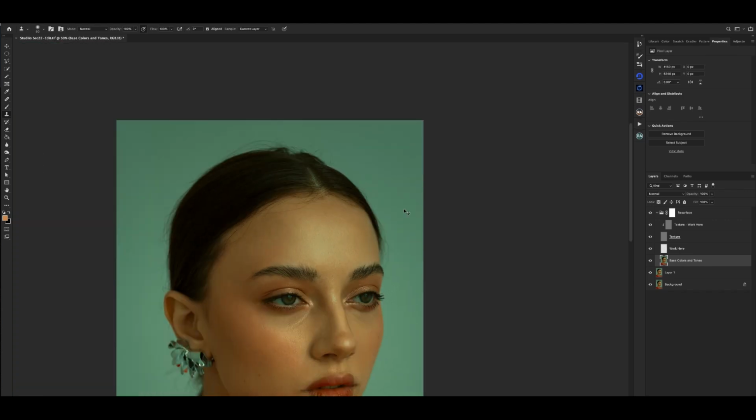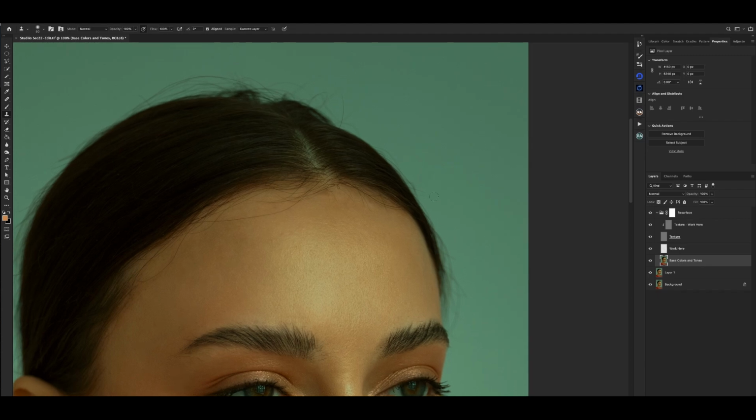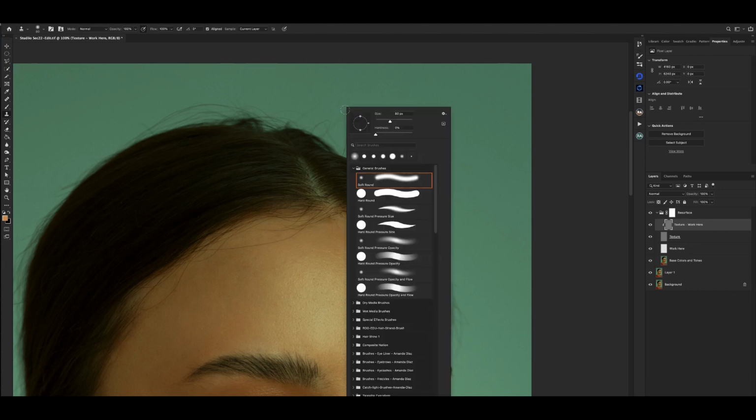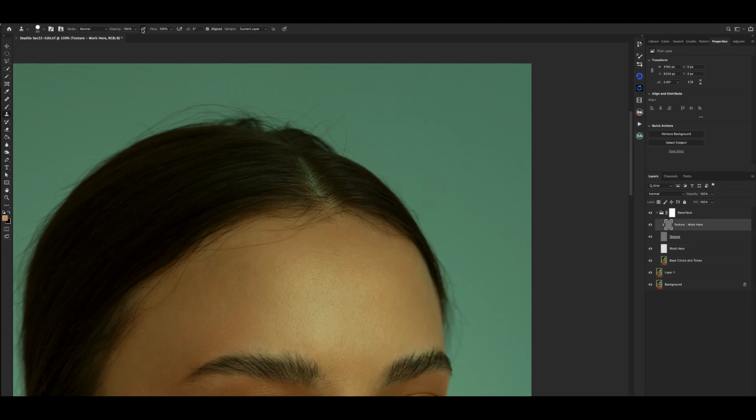So I want to avoid that and just keep this. So I'll use the clone stamp tool to just sample areas around it and paste them onto it. I'm going to take my clone stamp tool again, change it back to hard and take off the pressure, and then clean this part up. Right, you see it leaves